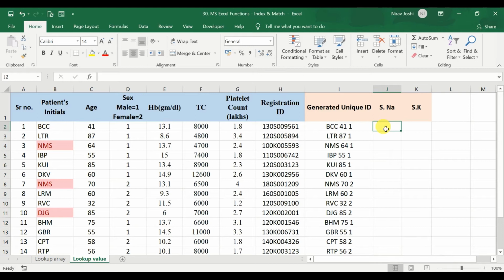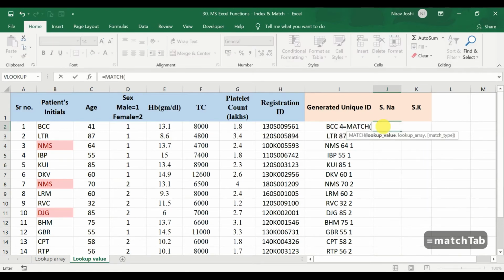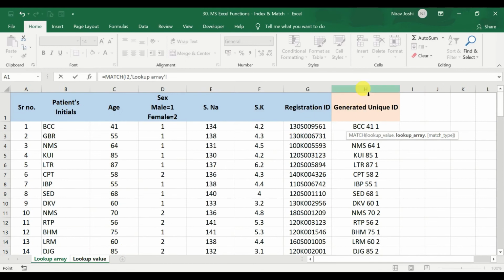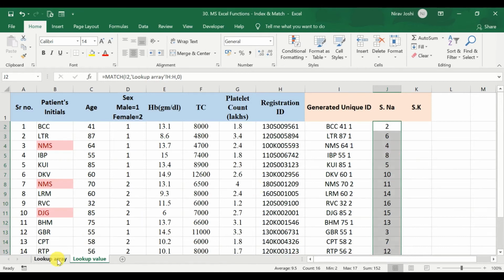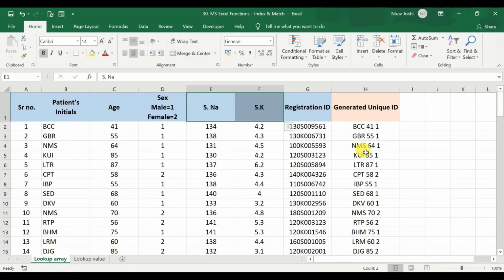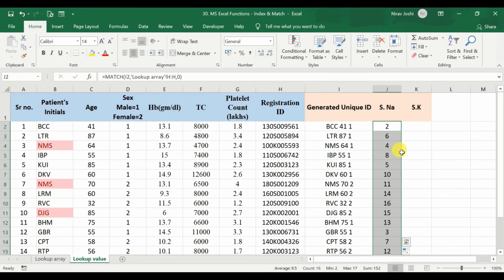Now before using INDEX and MATCH in combination and nesting the MATCH into the INDEX function, for simplification, we will use the MATCH function first. So we will try to match this lookup value, this particular generated unique ID, from this lookup array, that is this one, and we want to have an exact match, right? So when we press enter, it will give us a particular row number from this lookup array by matching this lookup value. So it says that this lookup value is at this particular row number in the column, right?